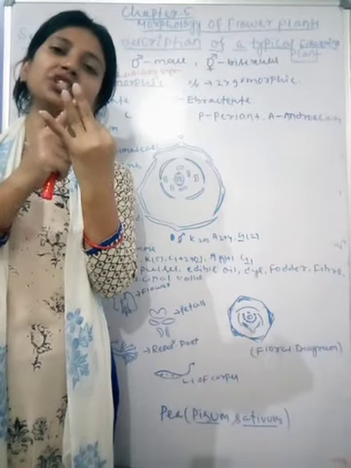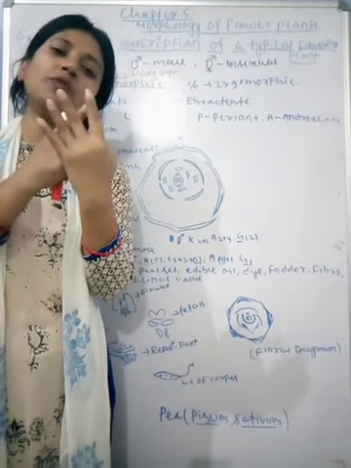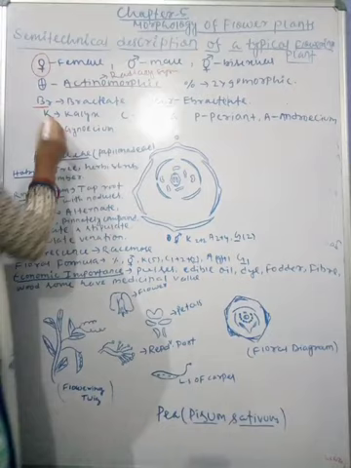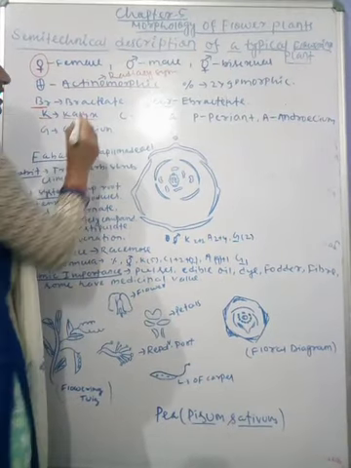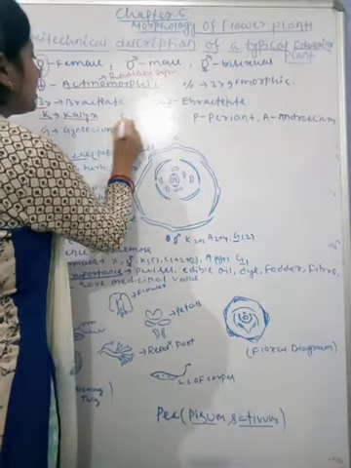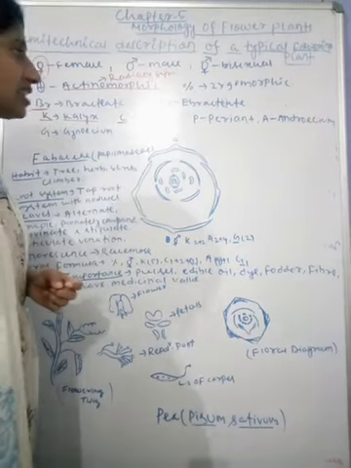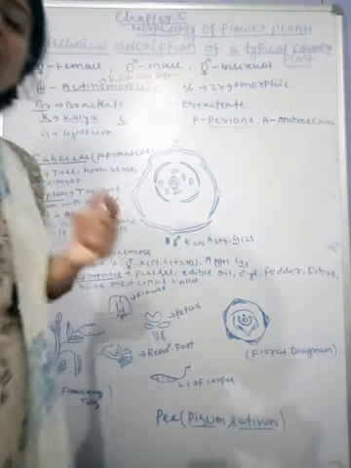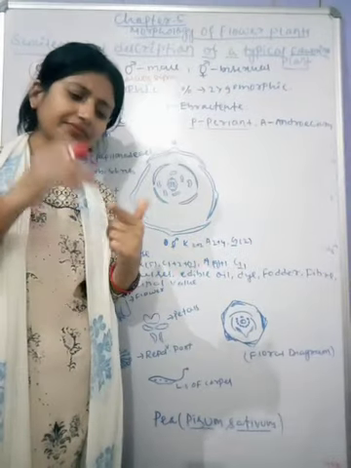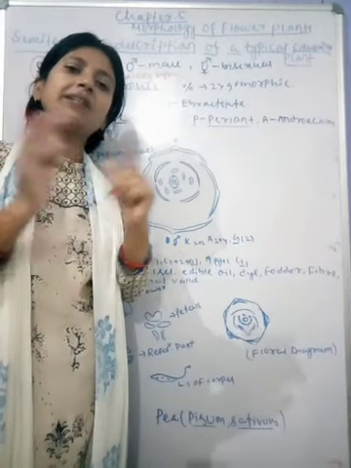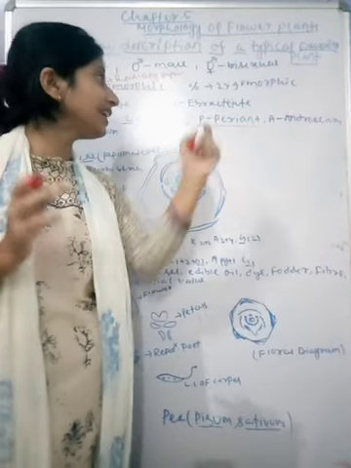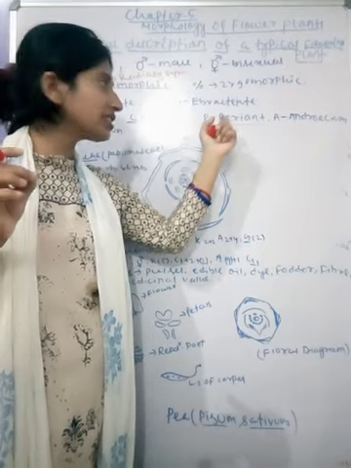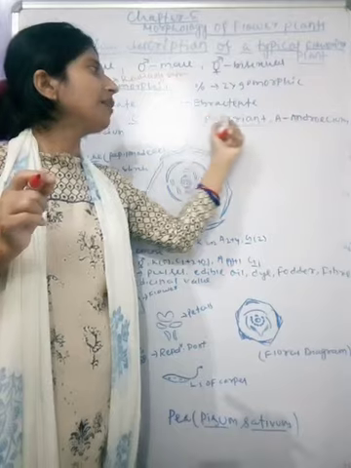The third whorl is the androecium. It is represented by A. And the fourth whorl is the gynoecium, represented by G. So let's see here. K means calyx, a combination of sepals. C represents corolla, a combination of petals. P represents the perianth. As I have told you, perianth means that if sepals and petals cannot be differentiated within the flower, that is called perianth. If the flower has this type of arrangement of sepals and petals, then we use the symbol P for perianth.